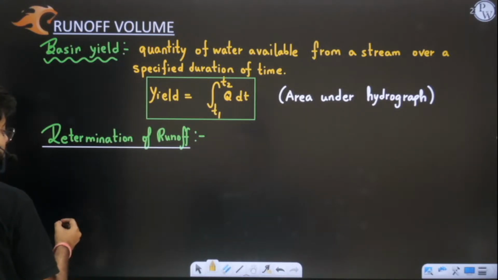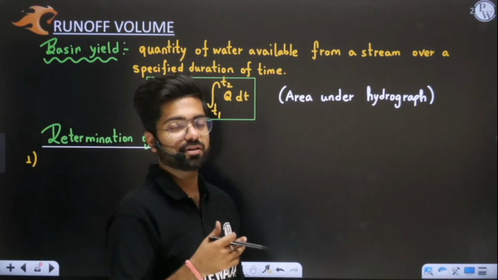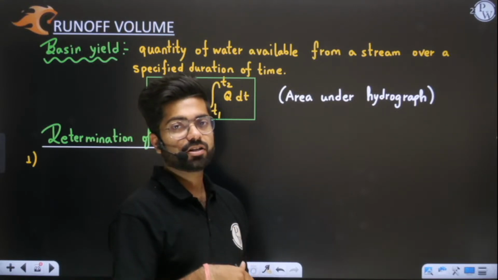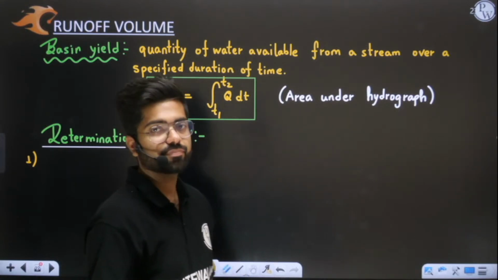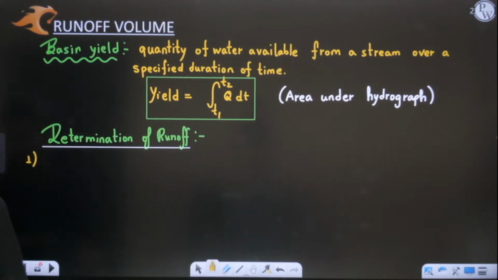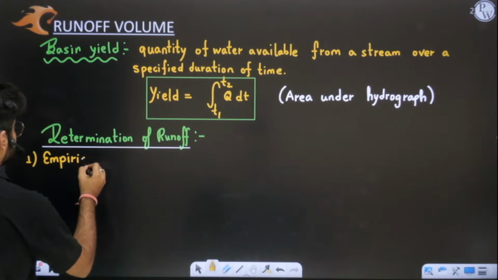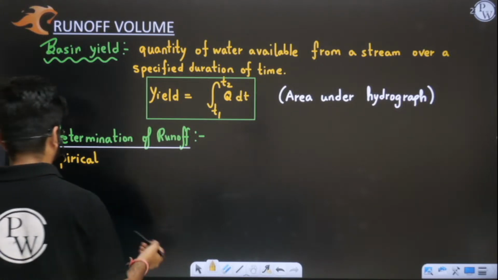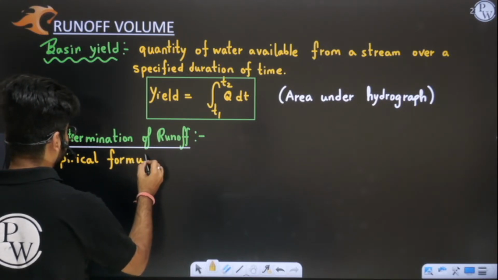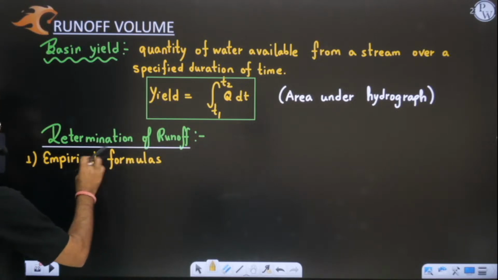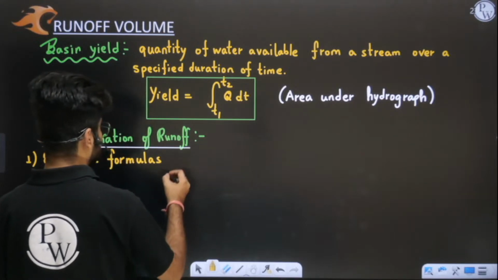The very first method: in earlier times, many scholars worked in different areas. They collected huge amounts of data and, using those data, they found some empirical equations. I will name a few important works carried out in northern India. So we can use empirical formulas for determination of runoff, such as